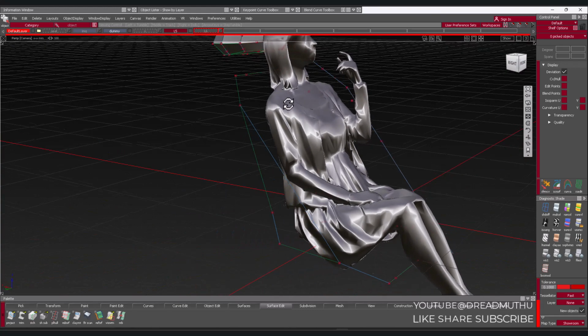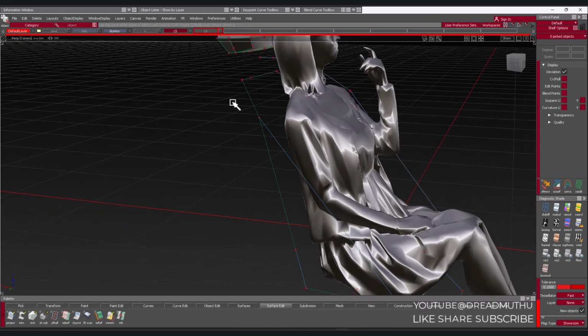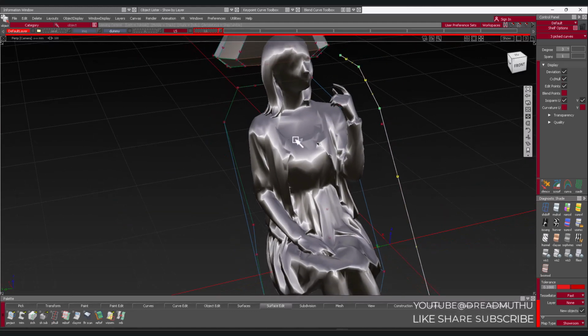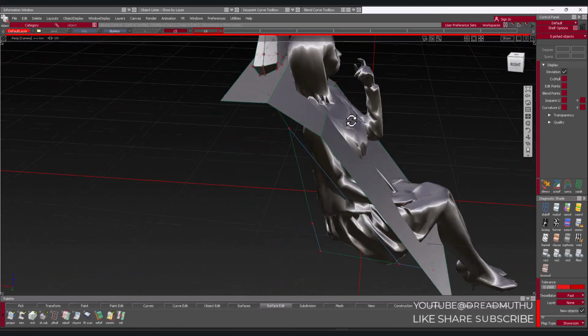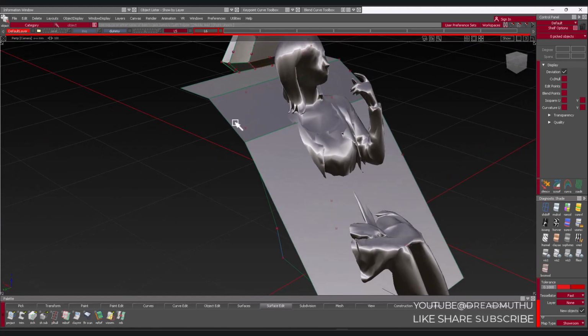But still we need to follow these curves for this profile. We'll see. Yeah, so